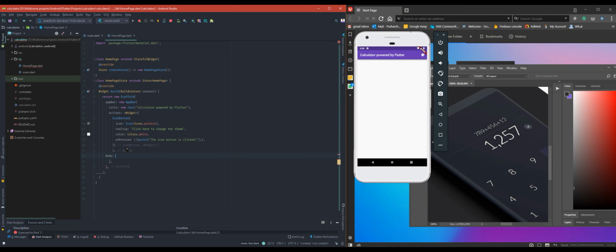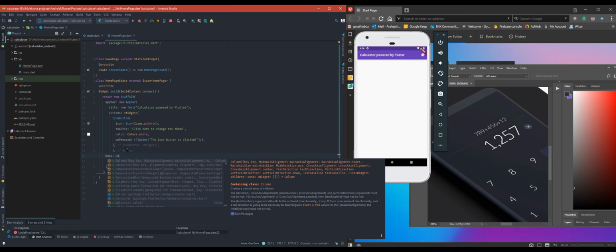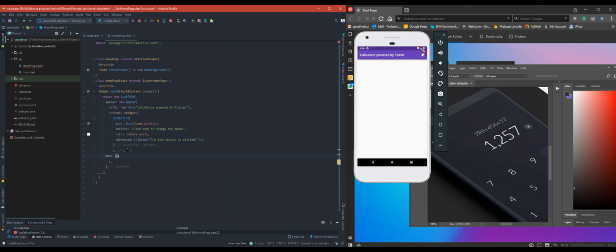We'll say body, and then we'll add a column. Inside the body we'll add a container. In that container we will add a child, which will be a column. Now inside this column,